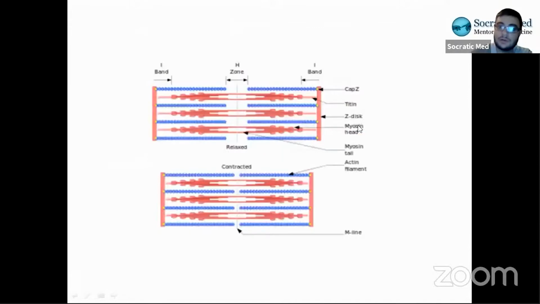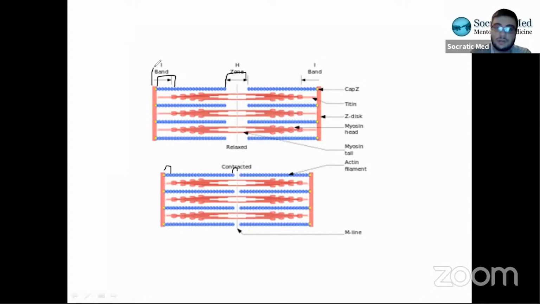Actually here, I wanted to show you this image beforehand. So this is a relaxed muscle and this is a contracted muscle on the bottom. The blue stuff is the thin filaments, with this red being the thick filaments, right? And everything else is labeled for you. If you notice, the I band here is from here to here, right? Whereas in the final product, it's only like this. So it's got shorter. The H zone initially was from here to here, and then in the end, it's only here to here, right?